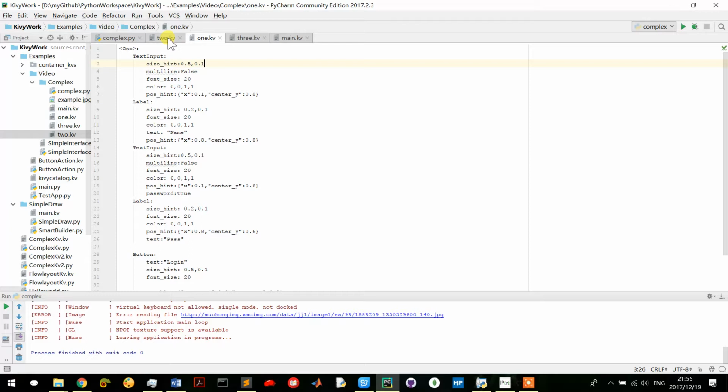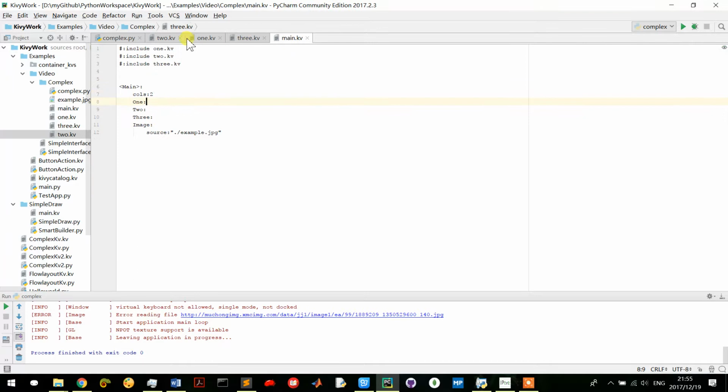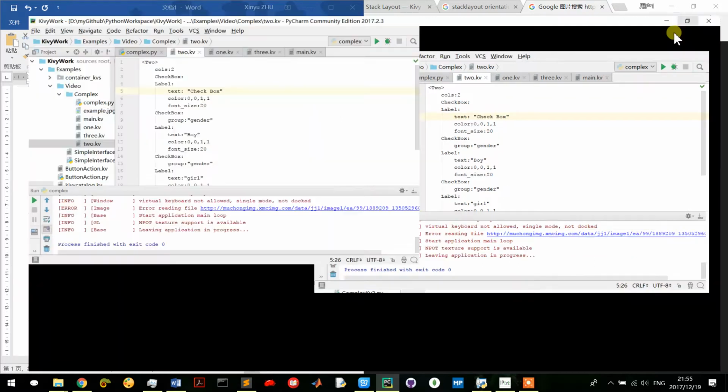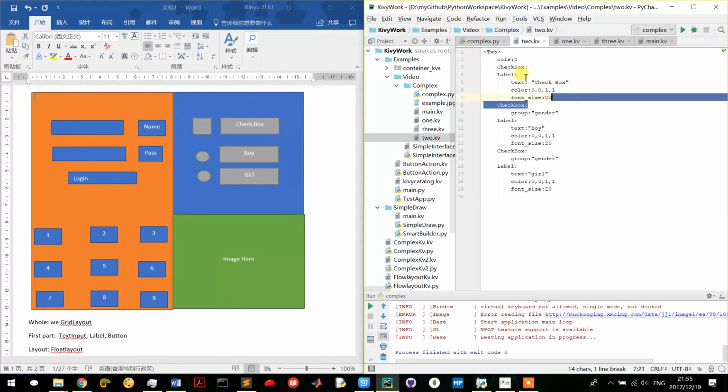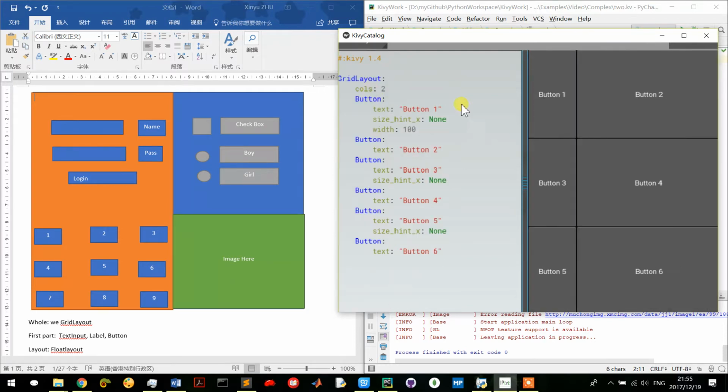And in order to save your time, I have already done the coding part for 2 and 3 and main. Anyway, let's go through it. Okay, for the second part, I use a grid layout, so I need to specify the columns number. You can refer to the example in the Kivy catalog. Grid layout, specify column, and you can specify the size hint x, y of your widget. Anyway,